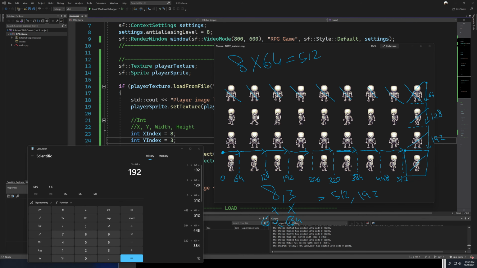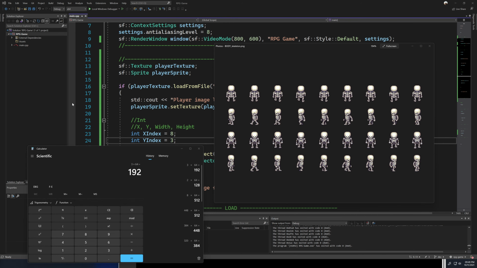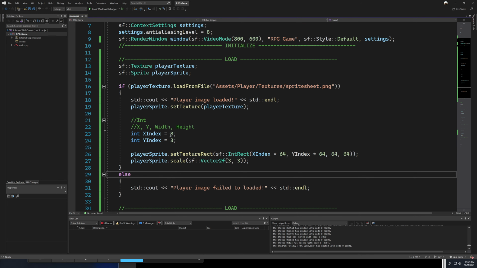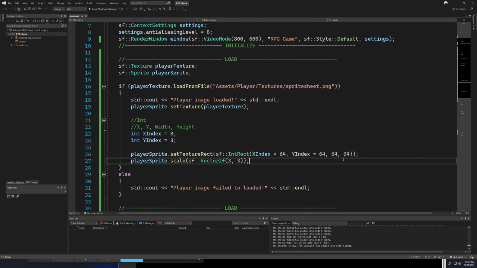Right, we literally count from 0. We do 0, 1, 2, 3, 4, 5, 6, 7, 8. 0, 1, 2, 3. So 8 on x, 3 on y. We multiply both by 64, and we get the location of my sprite. Hope that made sense. Just a little bit of basic math. There's nothing much to it, really. So this is a really cool system. We just take the index and multiply by the width and height of my image. That's where the position is going to be. And I know that the width and height of my rectangle is always 64.